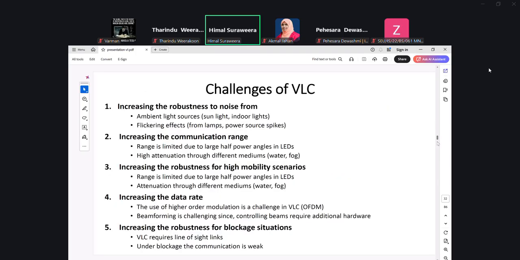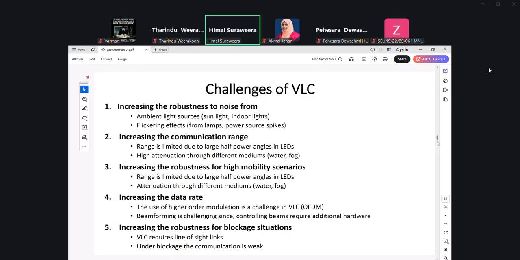In addition, there are certain challenges of visible light, like how to increase the robustness against noise. As you know, since it is light, sunlight, lights from other lamps, power sources, all those kinds of things introduce additional noise into the received signal. So how to model them, as well as how to predict them and remove them, you can use machine learning, as well as to increase the communication range, as I discussed earlier.